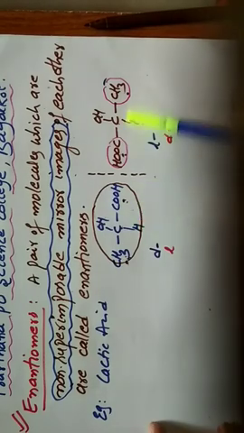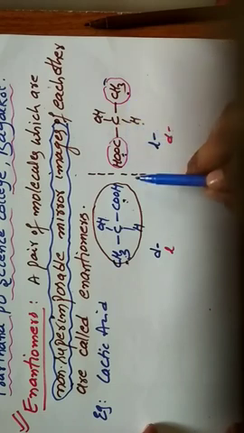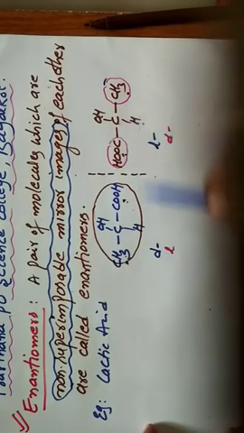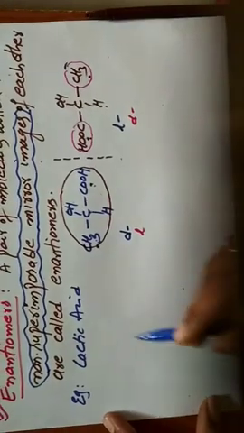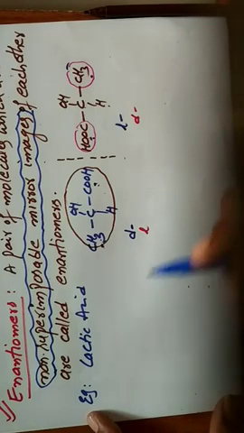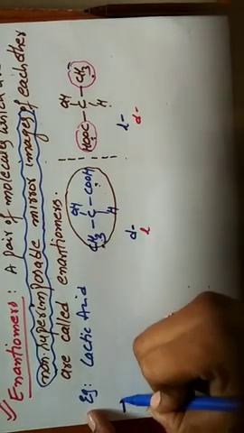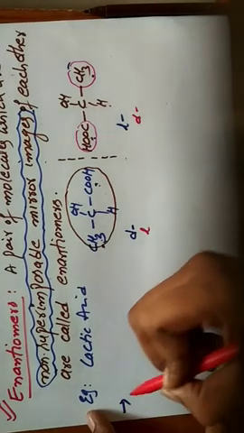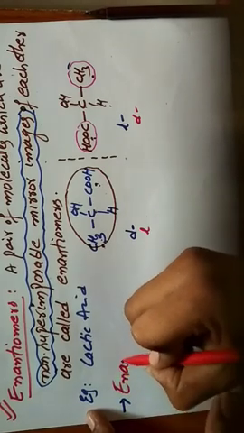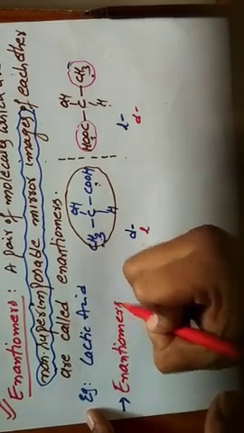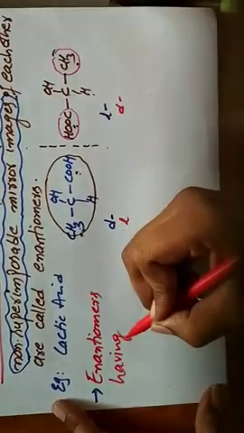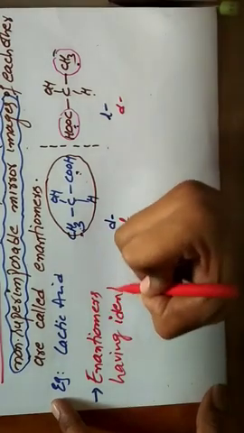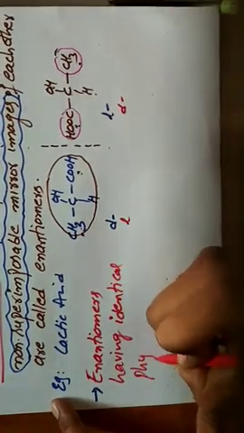What is the difference between these two molecules? All atoms and groups, the number of carbon, oxygen and hydrogen atoms, and the molecular formula are the same. So, important point: enantiomers have identical physical properties.